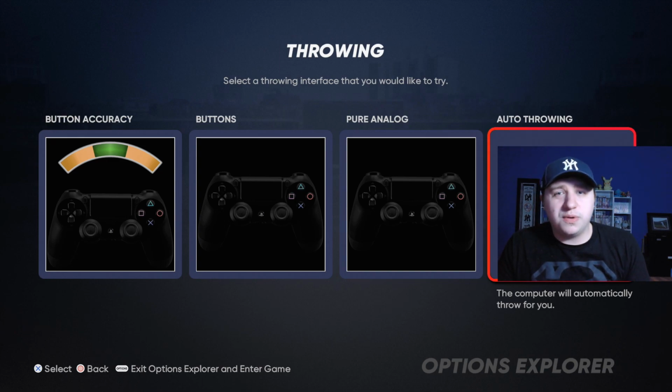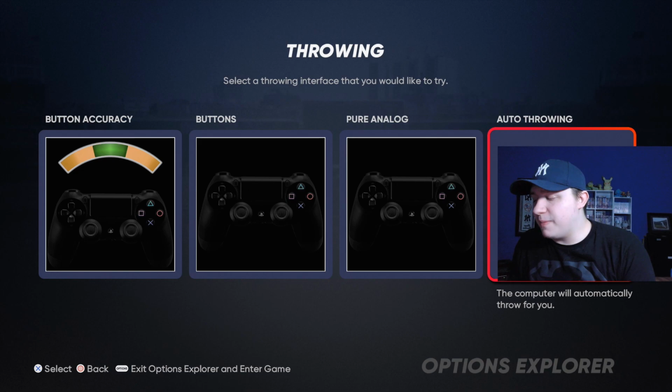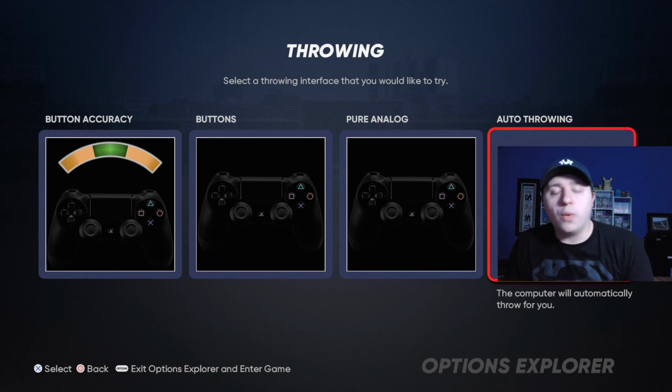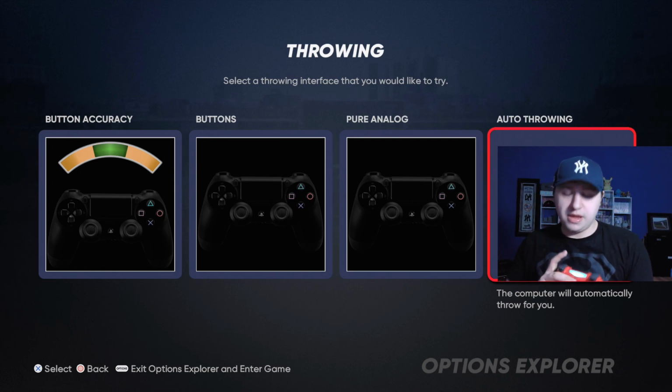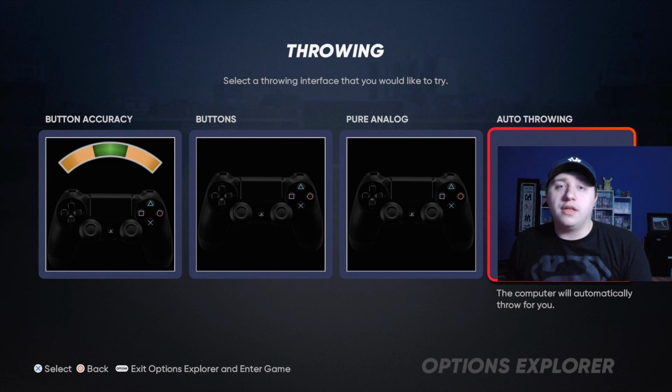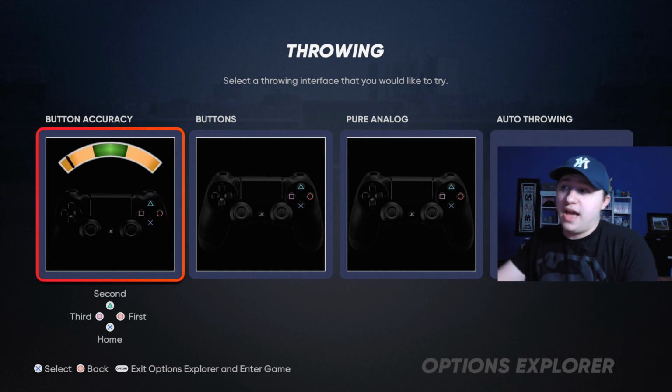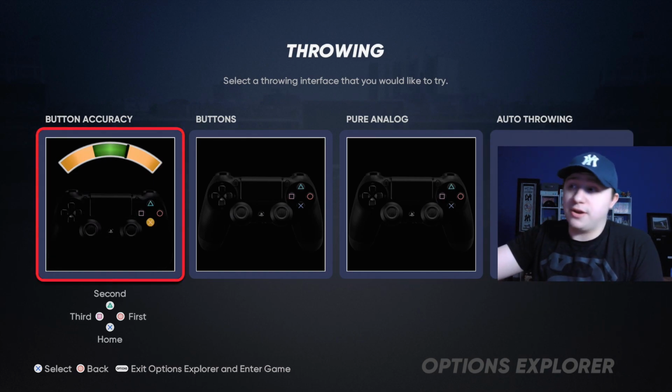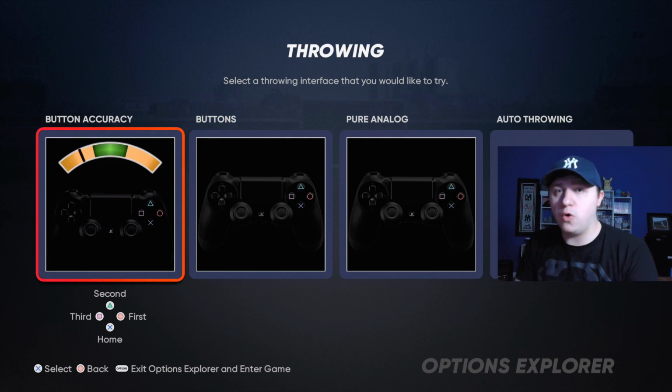Now obviously I can't show you everything when it comes to this, because it doesn't really let me show you everything. So one thing I will talk about when it comes to fielding or throwing that you should know is whenever you're going to throw and you want to hit the cutoff man, that would be the L1 button, or the left bumper. Obviously you have to time it in there as well, but there will be a chance, if we take a look at the accuracy meter, if you do use the accuracy meter,